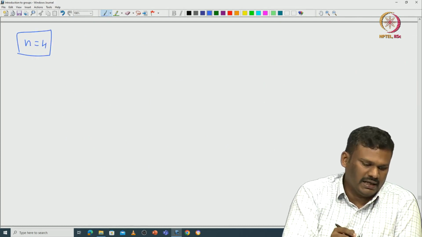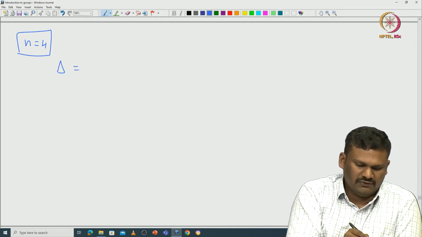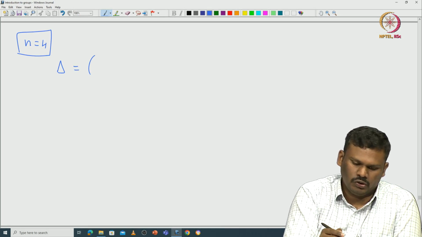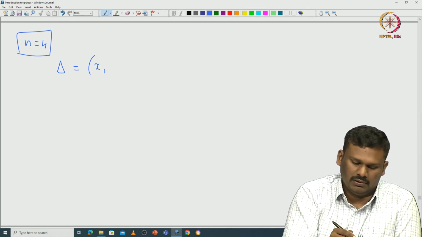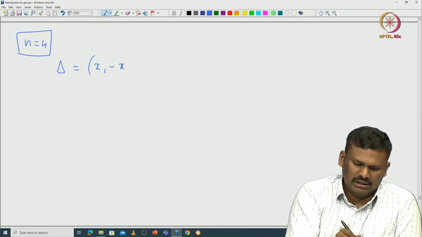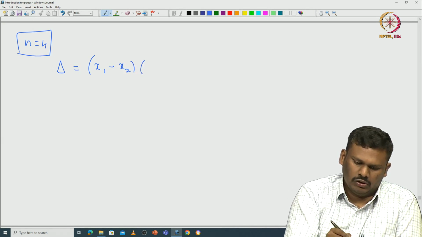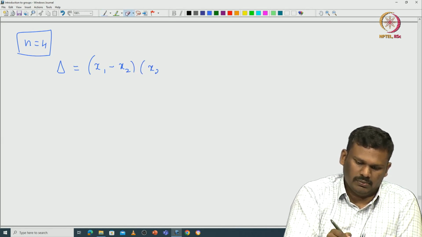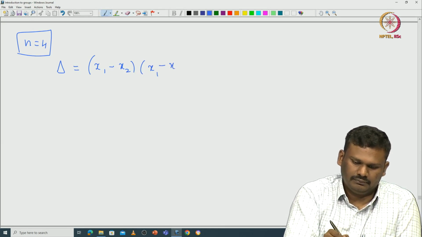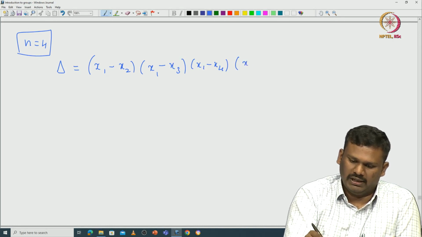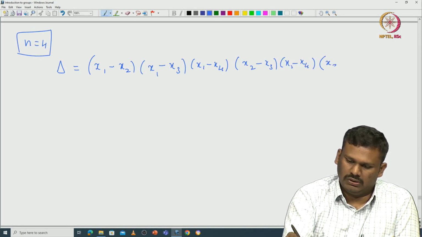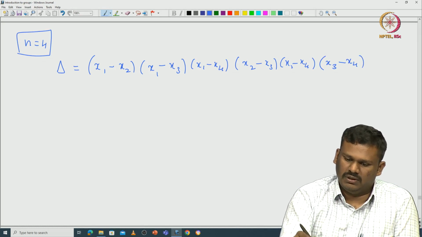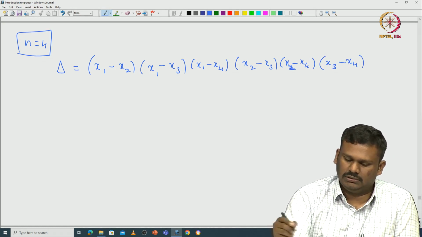So for example, if you take n equal to 4, then the delta looks as follows. First you have to count everything. You can start with 1. Then (1,2), (1,3), (1,4) are the tuples involving i equal to 1. Then you can see that these monomials will appear: x1 minus x2, x1 minus x3 and x1 minus x4. Then you change i equal to 2, and you get x2 minus x3 and x2 minus x4, and then i equal to 3 gives x3 minus x4. So this is your Vandermonde determinant.